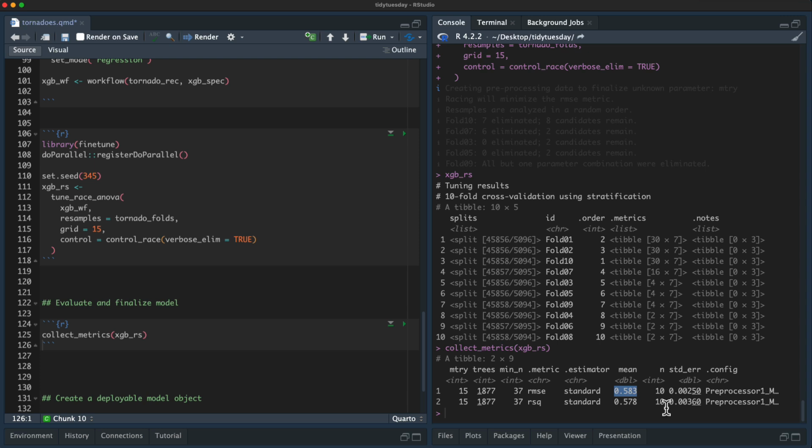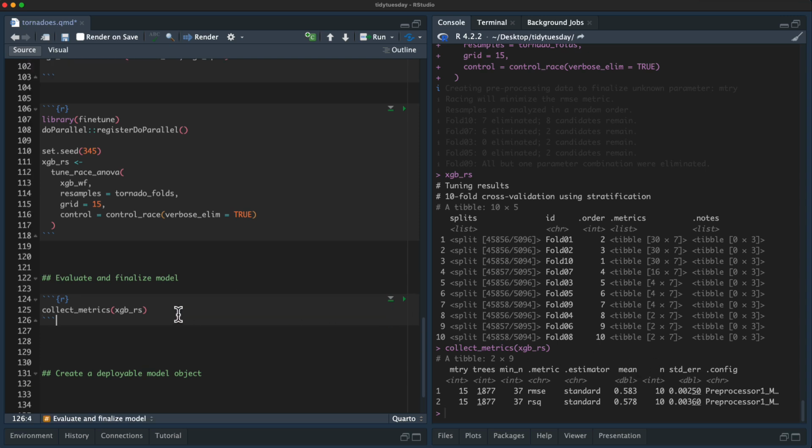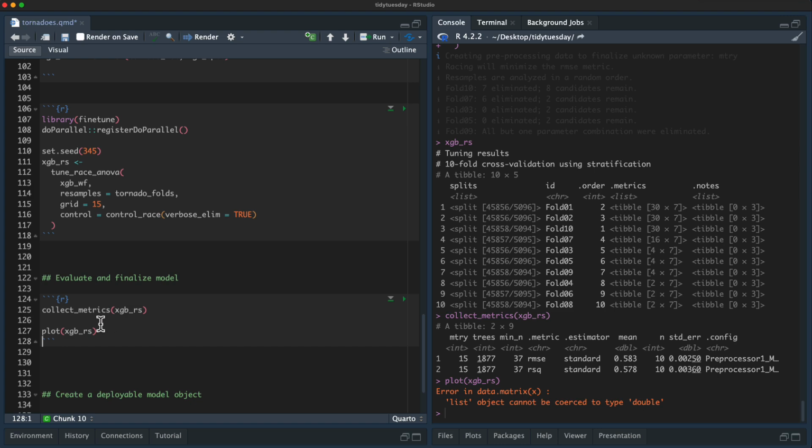So it's like 0.5, 0.6 of a magnitude integer. So the root mean squared error is like 0.6, and remember that these are like 1, 2, 3, 4 or 5.